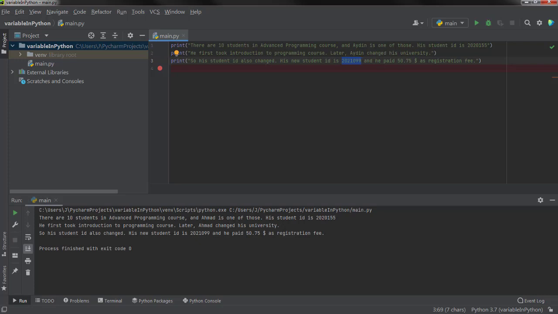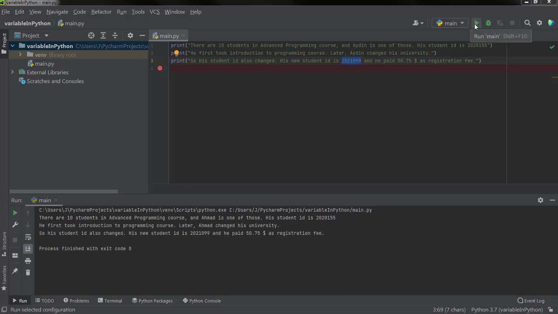But for example, here are just three lines. It's easy to do it. But if there are a lot of lines, then I mean, might be there are 100 lines in this program, so you have to go through all of those 100 lines and you have to change it manually.